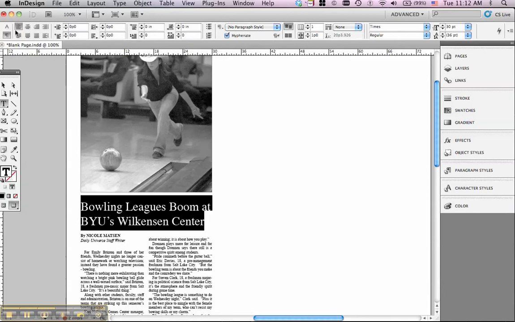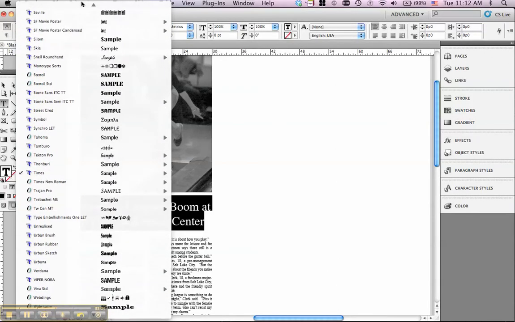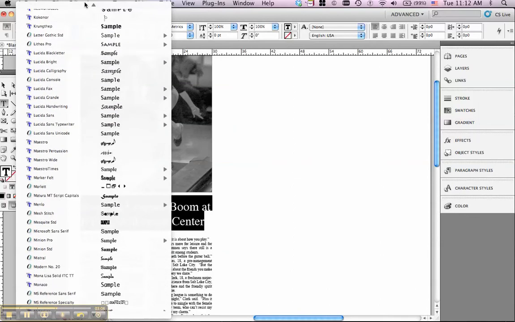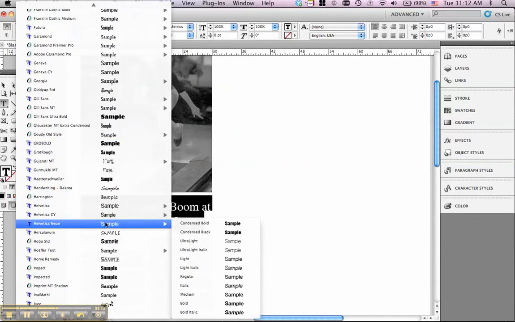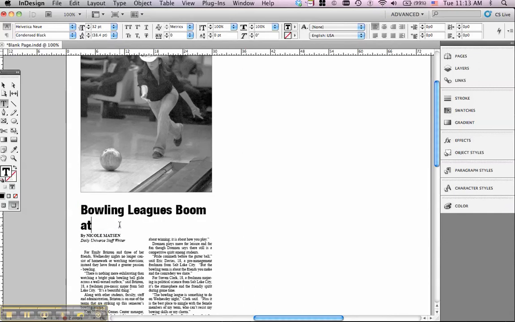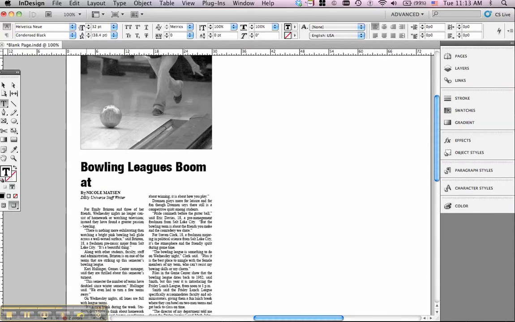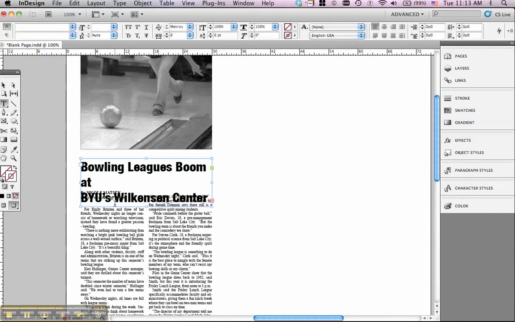So I'll come up here and I'll choose Helvetica Neue. I believe it's on everybody's computer. Helvetica Neue Condensed Black. There it is right there. Okay? So let's see, can we make that any bigger? Let's see if we can get a better headline writing. Let's just get rid of